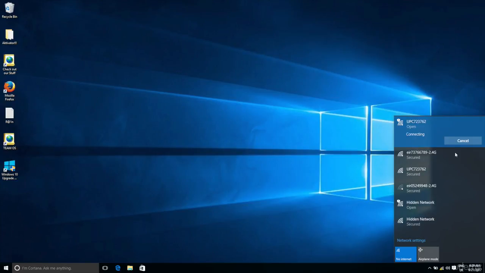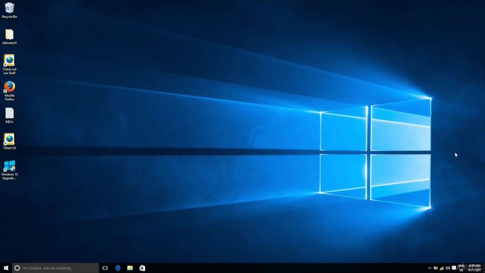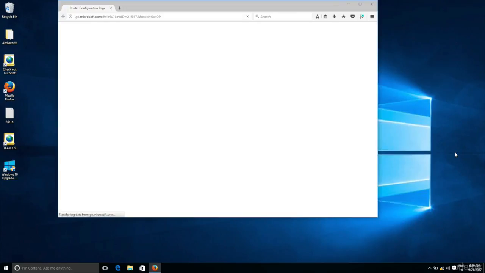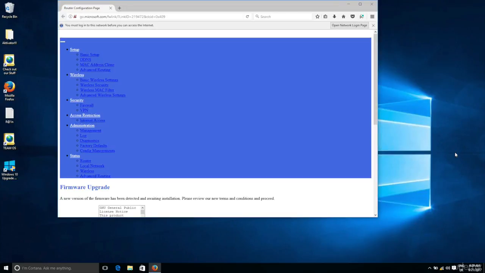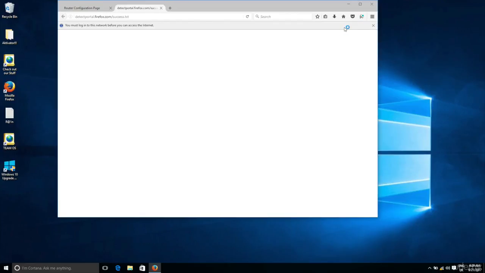Now, if we connect to this, you'll see I'll automatically get a login page asking me to put my password. But there is an issue with this page that's getting displayed automatically. Now, I'm going to address this issue in the next lecture. But if you see this bar right here, it says that you must log into this network before you can access the internet. If we open the login page in here,